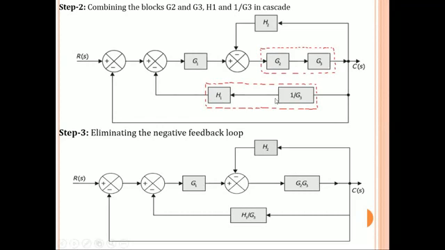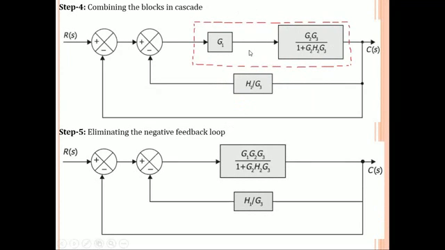These two individual blocks can be combined into one single block, right? So now this part is a feedback part, so we can use the formula G divided by 1 plus GH, right? Again, this G1 is in series with this block. We can see here, these two are in series. If two blocks are in series, we can multiply. So G1, G2, G3 divided by 1 plus G2, H2, G3, right?